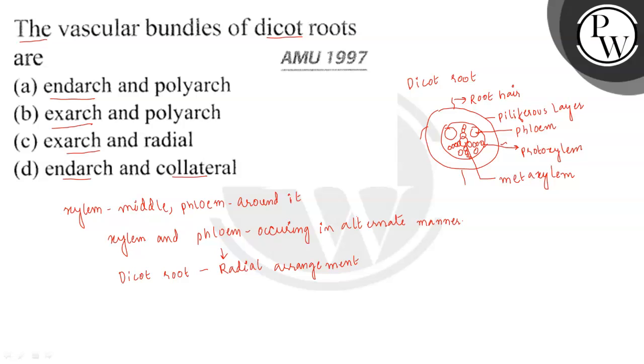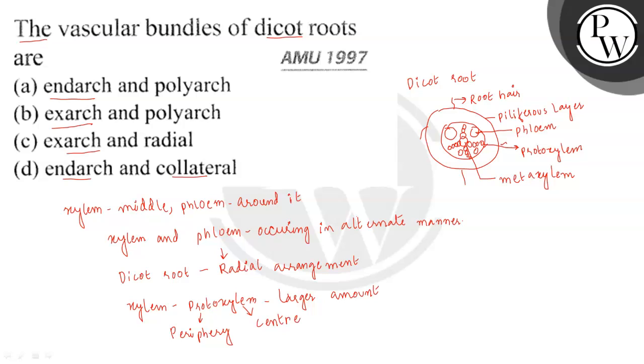To understand if the xylem is exarch or endarch, we take in consideration the protoxylem. Because protoxylem we know are present in a larger quantity. How do we know कि अगर ये exarch है या endarch है? Protoxylem positioning में दो type दिखाती है. First is it might be present in the periphery and it can also be present in the center.